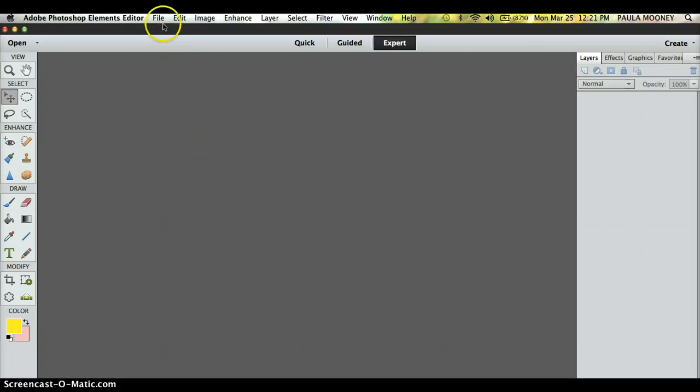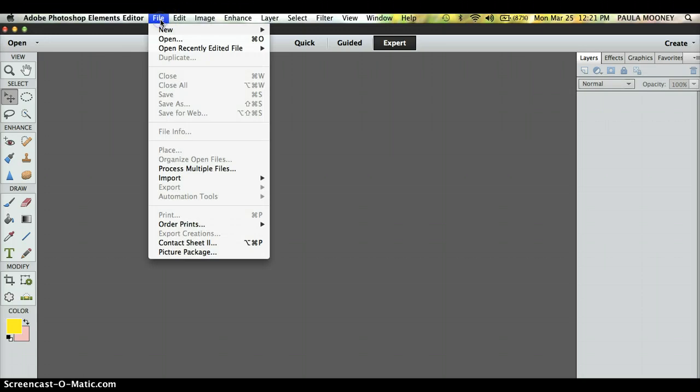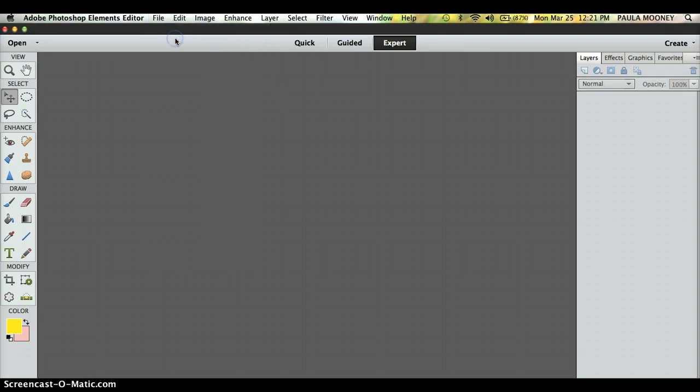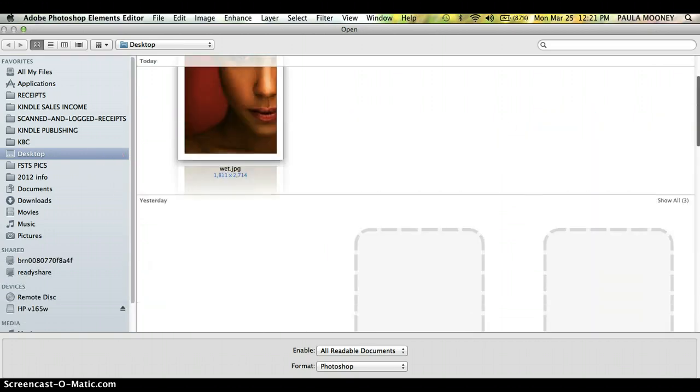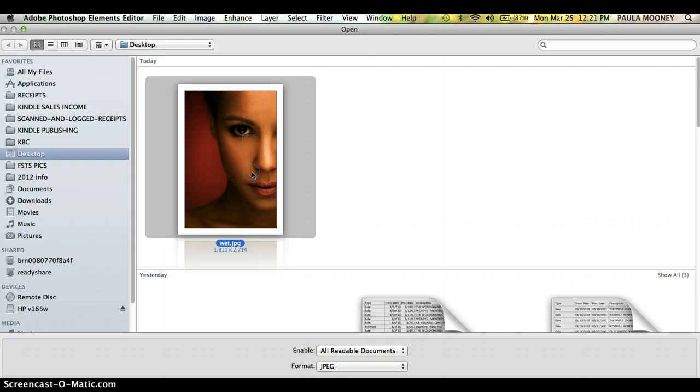So let's get started. We're just going to go to File, and I'm actually going to open the photo itself and not create a background because it's so huge. File, Open, and let's grab that photo that's on my desktop. So I'm opening that huge photo,